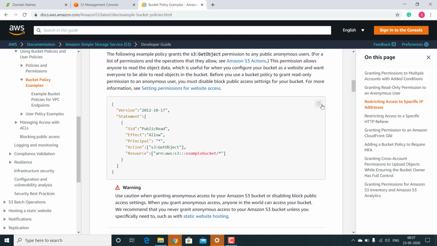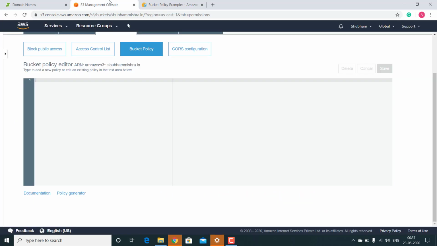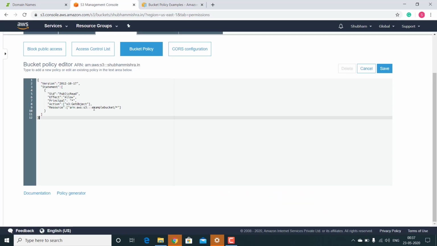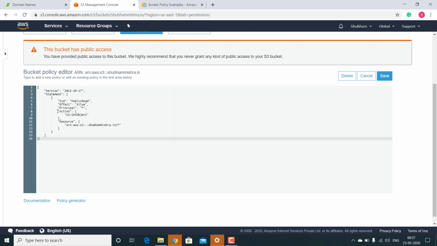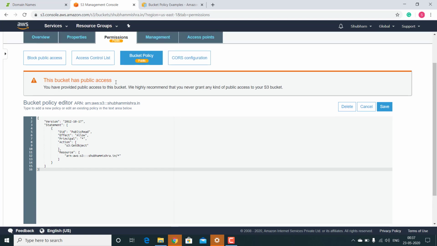So copy this code and paste here. Now it is necessary to change this name with your domain name or bucket name. After that click on save. Now you can see this bucket has public access.